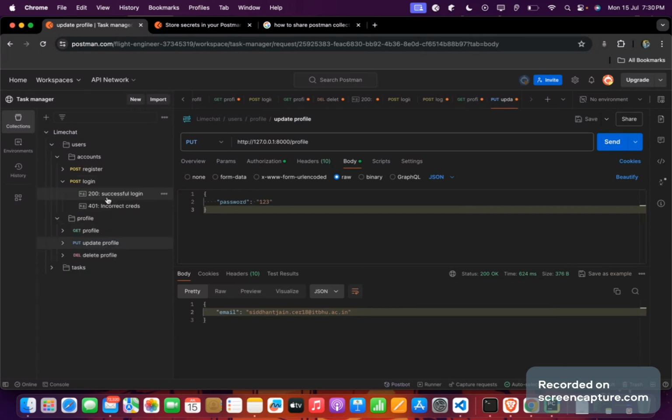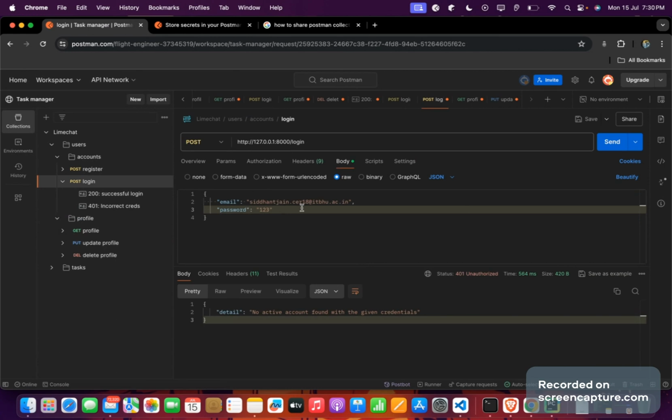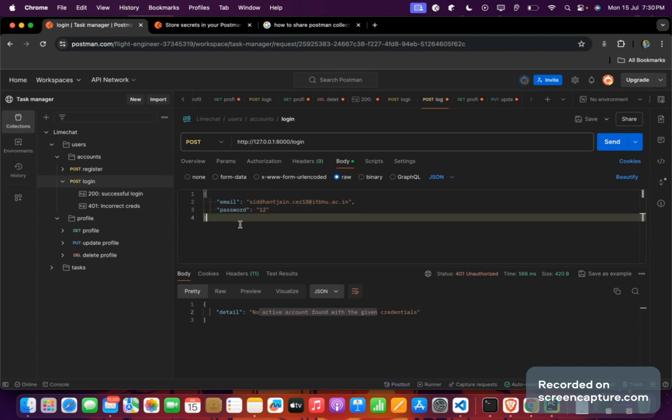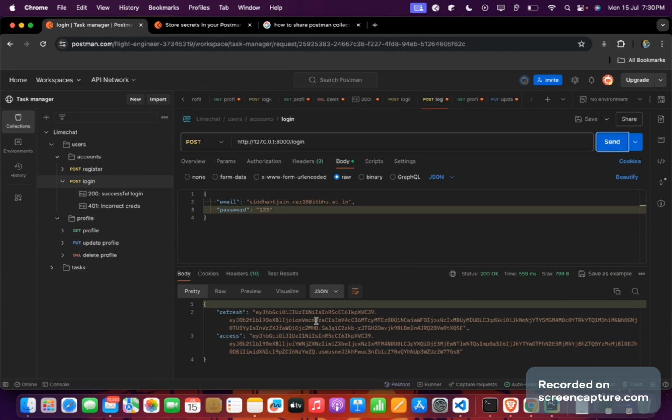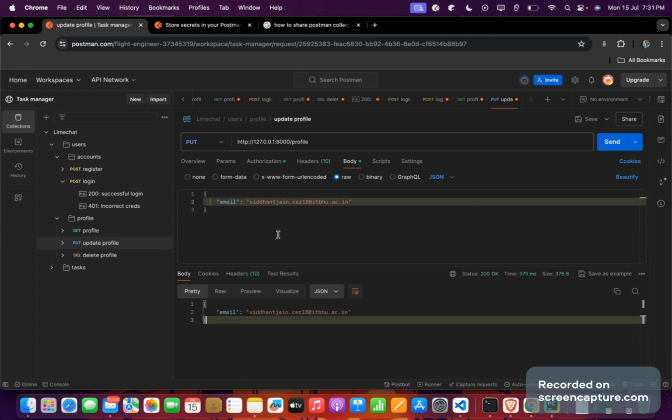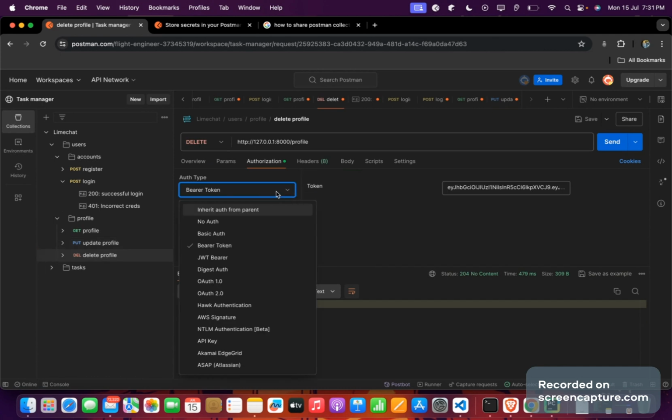And if I try to log in again by using 1 2, let's try to log in. So I changed my password from 1 2 to 1 2 3, and it is not letting me log in. Let's try to log in again using 1 2 3. Yeah, so got it. So I have got my refresh and access token over here, and I have successfully logged in. Yeah, that's it. Now let's try to delete a profile,